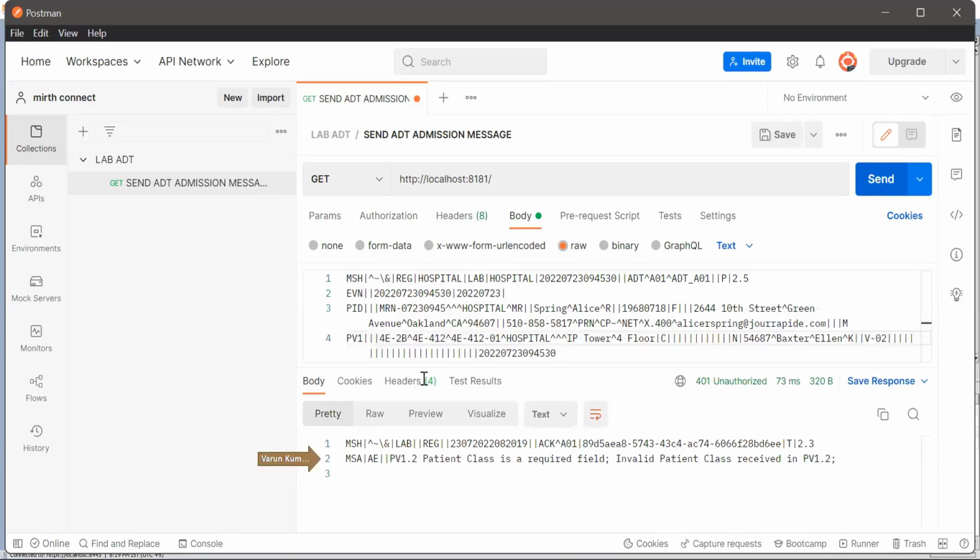Why is it negative? Application error is there. Correct. And what is the reason that it is giving? Patient trust is invalid. Data is there. That's why it's negative. Correct.